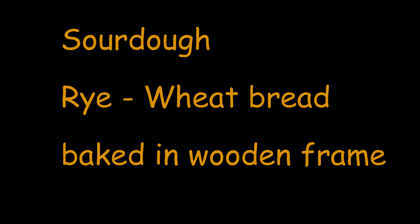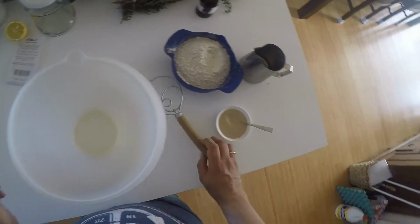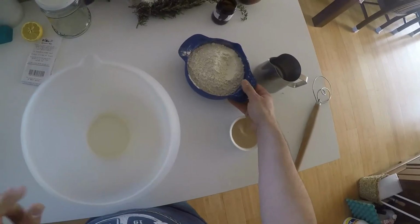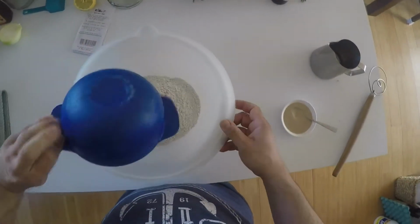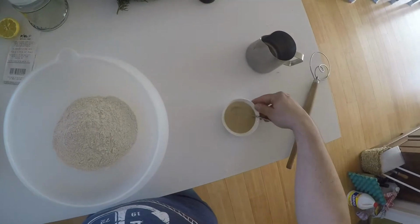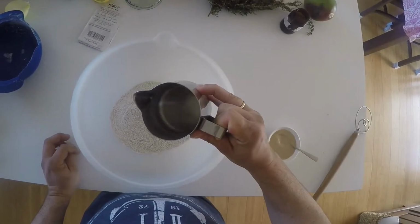Hello, today I show you a recipe for bread baked in a wooden frame. We need a pre-dough, so we mix some flour and we mix the water for the pre-dough. We usually take the same amount of water as flour,